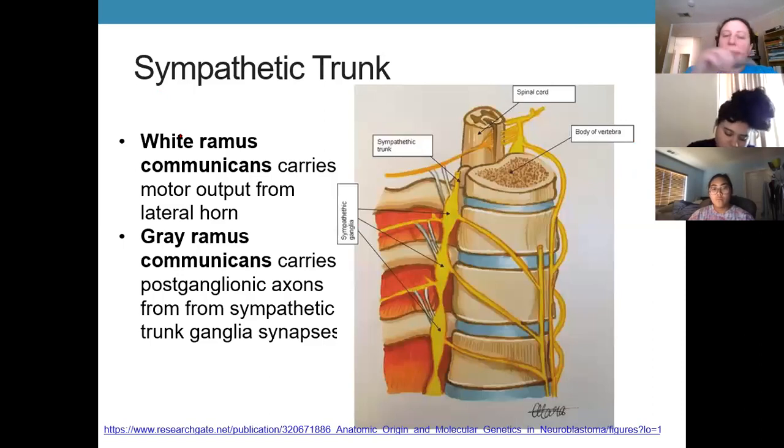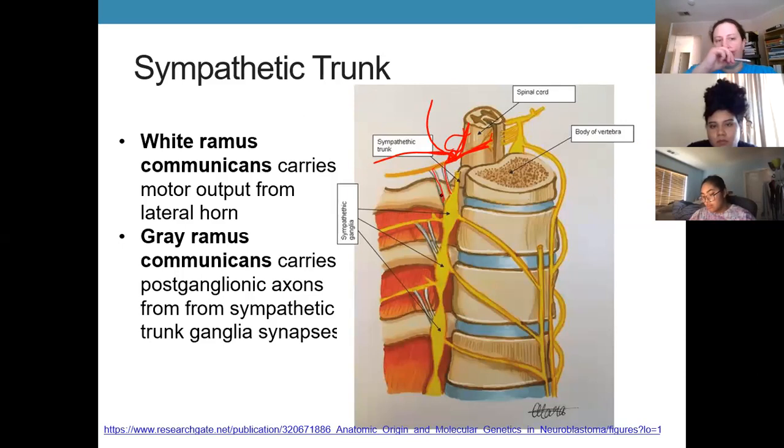So we have the white ramus. All right, so let me go through this real quick so we don't get confused. Okay, so here's the ventral root of the spinal nerve, right? And remember that then the dorsal root comes together, we have a spinal nerve, and then there's branches, right? So we're gonna have a dorsal branch, dorsal ramus, ventral ramus, little meningeal branch, and then we have these little